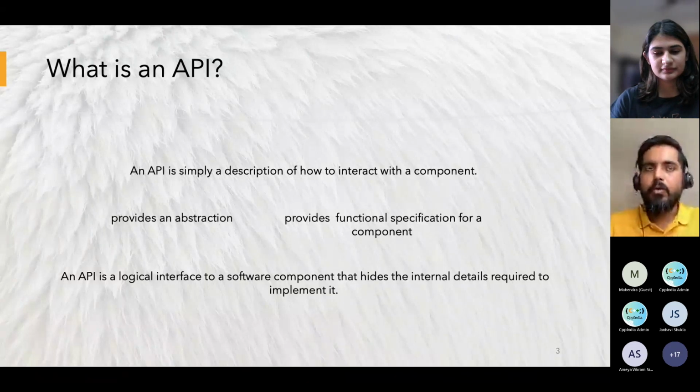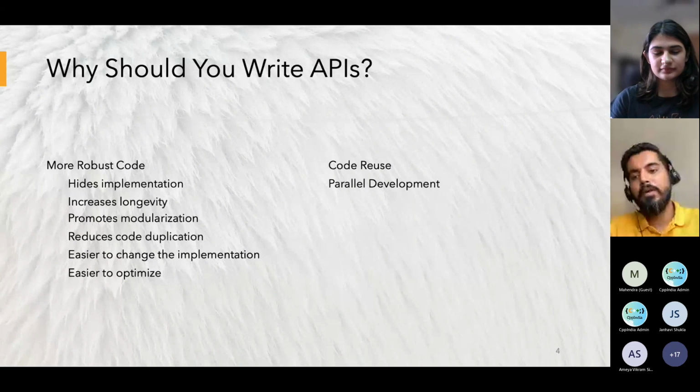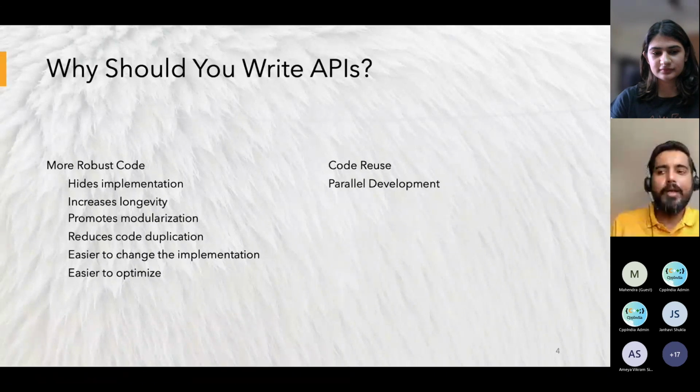So what benefits do we get when we write any API? You can hide the implementation, as we already discussed: how your background system is going to work, your users don't know about that.